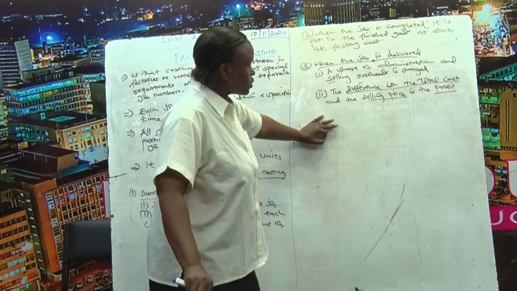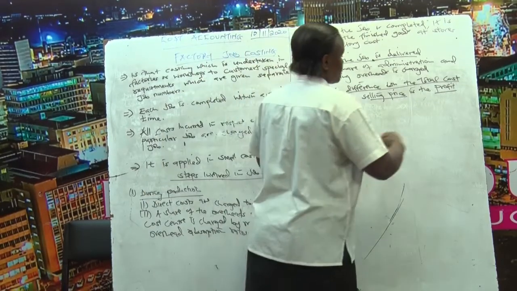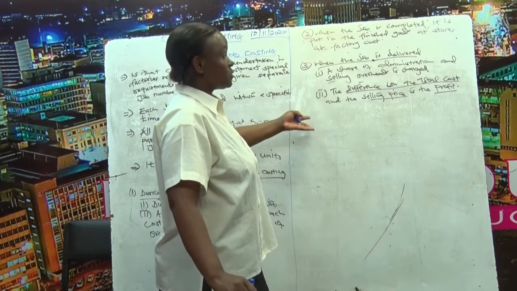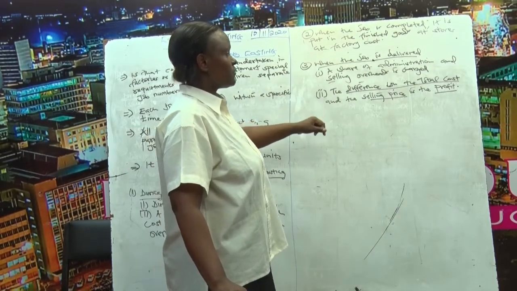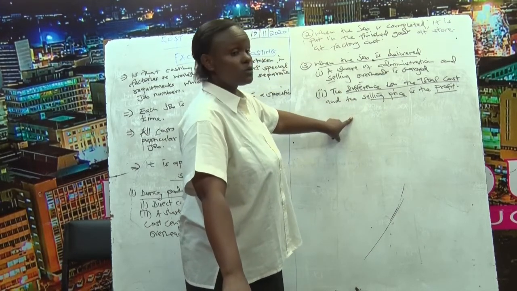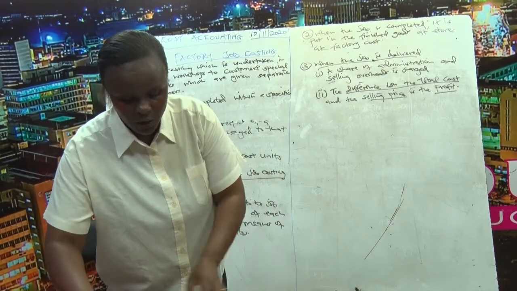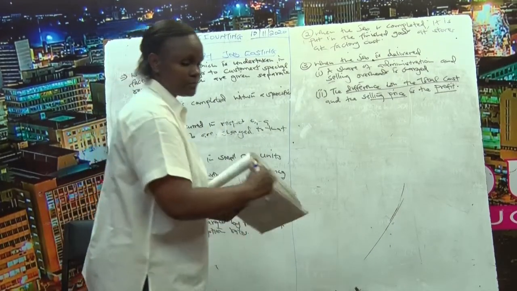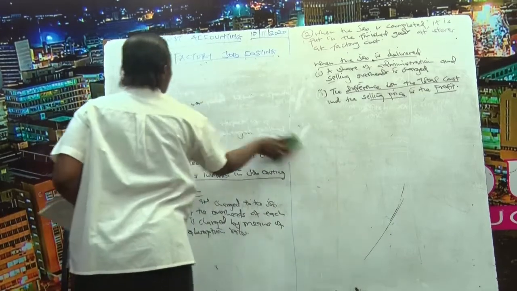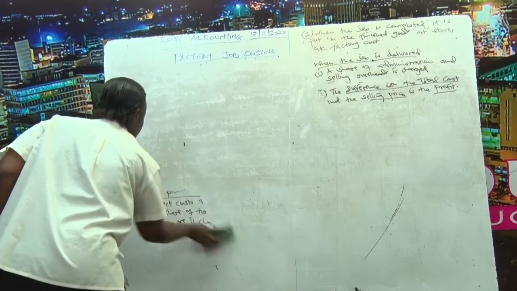If the total cost is more than the selling price, instead of getting a profit, you are going to suffer a loss. But when you are doing factory job costing, your need is to get a profit. So you make sure that the selling price is more than the total cost for you to get a profit. So I want us to look at the layout of a cost card, how you prepare the cost card, following the steps which you have already done.